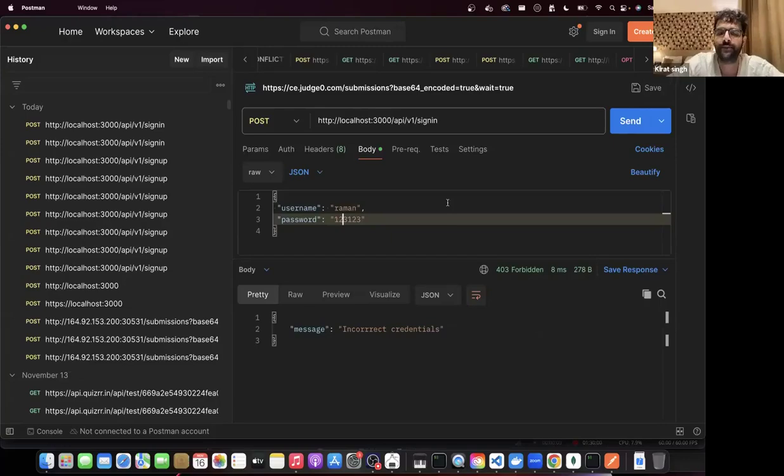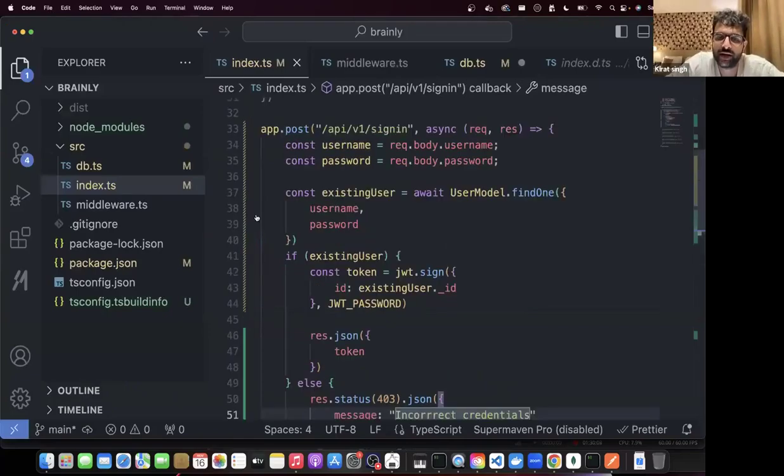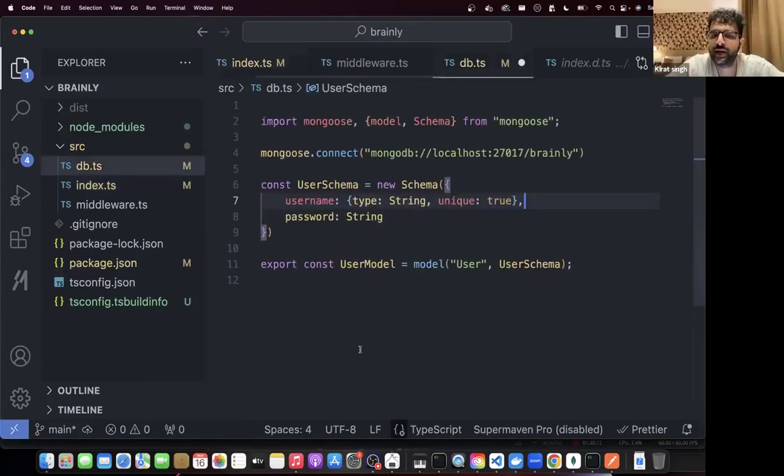What is the third endpoint? Create content. बना लोगे? Create content तो बना लोगे? Assignment for today. Create content endpoint. Simple. You have to take 4 inputs. Put an entry in the contents table. उससे पहले you have to create a contents table.